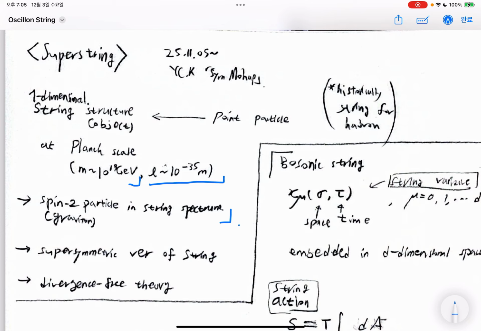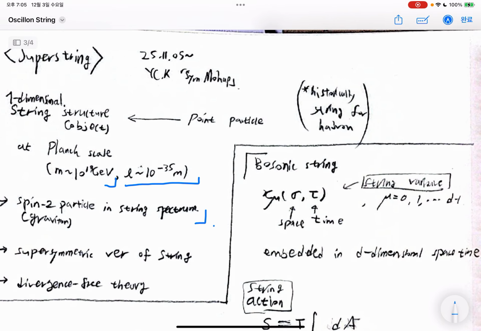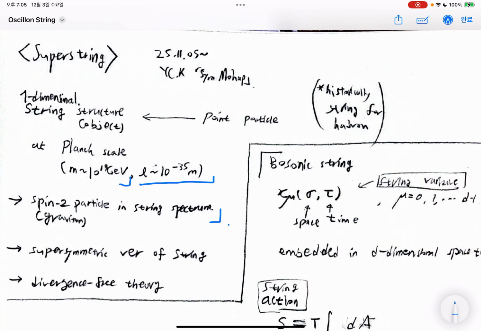one important characteristic of string theory is that it is a divergence-free theory. The renormalization with point particles gives UV divergence in the loop diagram, because we integrate over momentum space up to some specific UV scale, and that scale goes to infinity. But in the one-dimensional string object case, such a divergence from the UV scale can be avoided. So the string can be